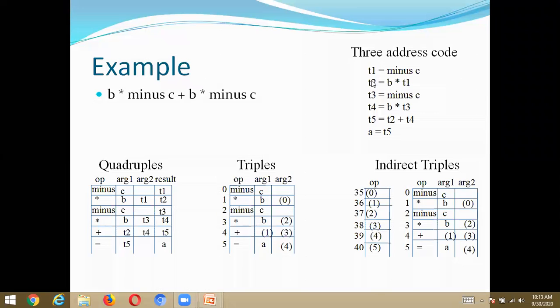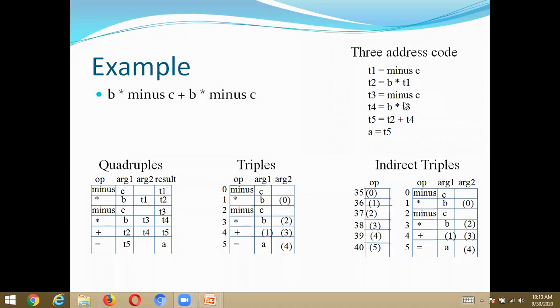Minus, C, T1. The argument 1 is C, that is the left operand. Here I am having only the left operand, that is C, minus C, and the resultant is stored in T1, right? And this is left and this is right, this is an operator, that is star, B, T1, and it is stored in the resultant temporary T2. Is it clear now?